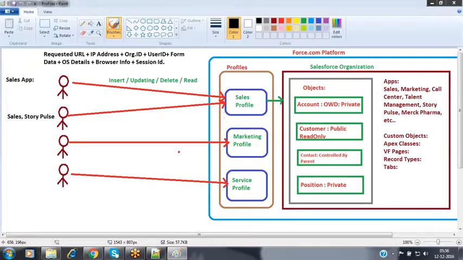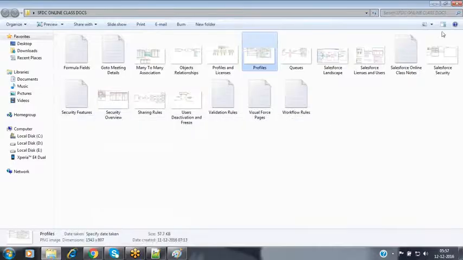Already we have discussed that. For every user, we assign a profile. You have to create the profile first, and then create the users next. So between the profile and the user, we have a one-to-many association, and that too a master-detail association. If you want to see that association's data model, we can cross-check the data models as well.